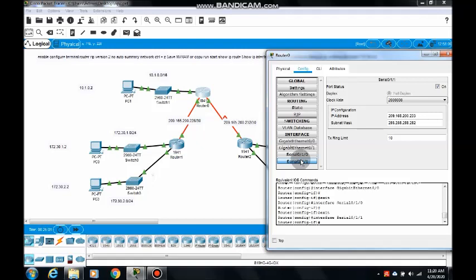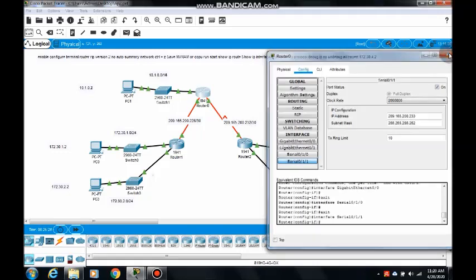So 232 is the network address, 233 is given to this interface, 234 is for this interface, and 235 is for the broadcast address. Okay, so ensure whether all the interfaces are on. If it is in off condition, then you must turn that one on also.